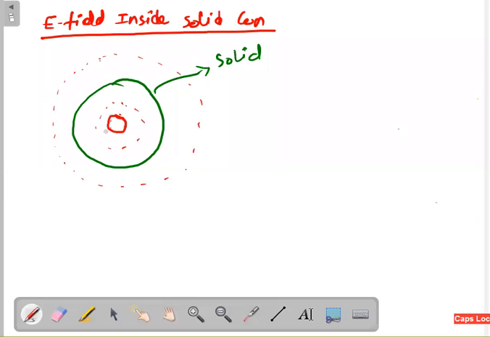See, according to the Gauss law, what we have seen, you take any imaginary surface, the electric field contribution at that surface is decided by the charge enclosed by that surface. That means if I take some point here, the charges inside can contribute the electric field, but the charges outside cannot contribute. Even if I take this surface, those charges that are inside can contribute. The charges that are outside cannot contribute. That is the idea of the Gauss law, because it is clearly telling that the electric flux depends on the charges present inside your imaginary surface.